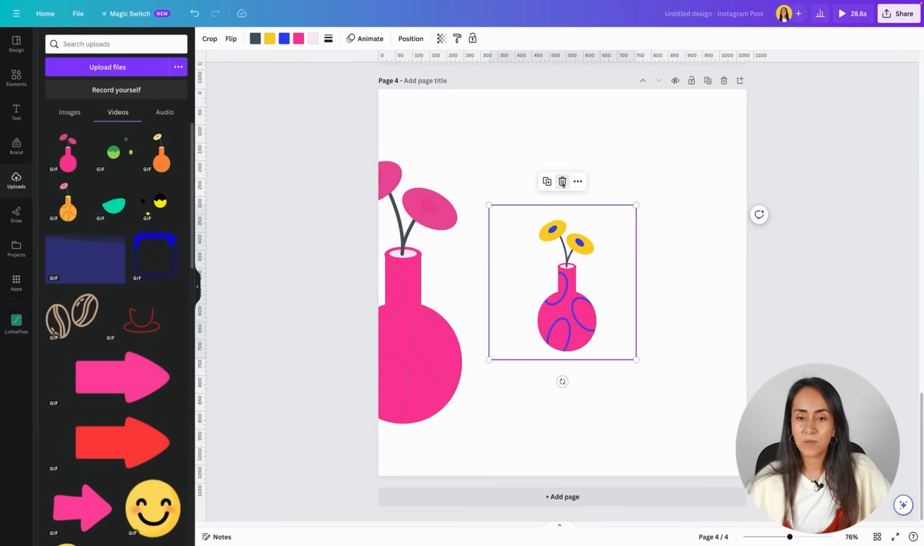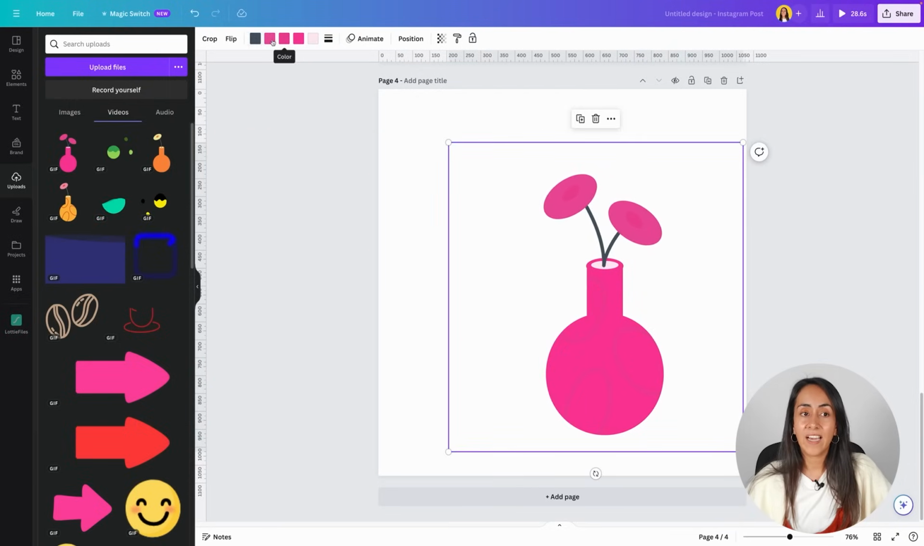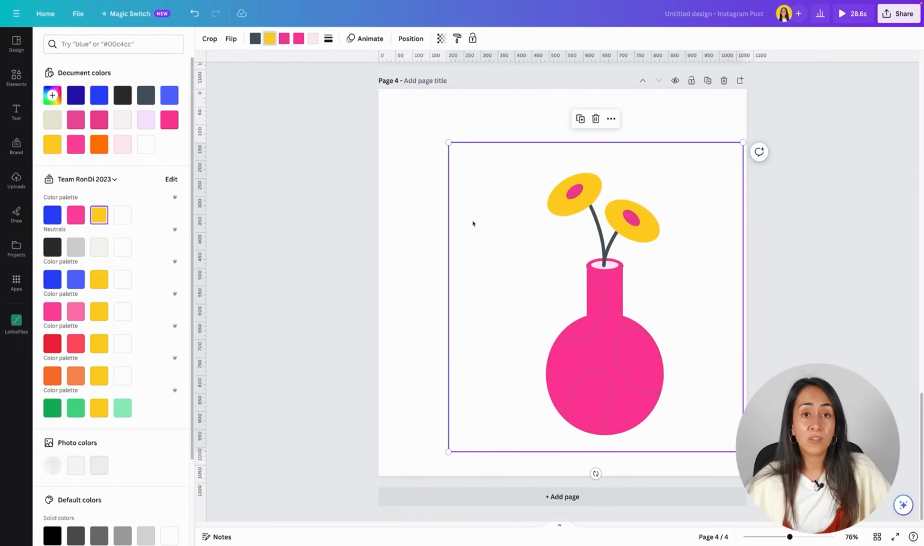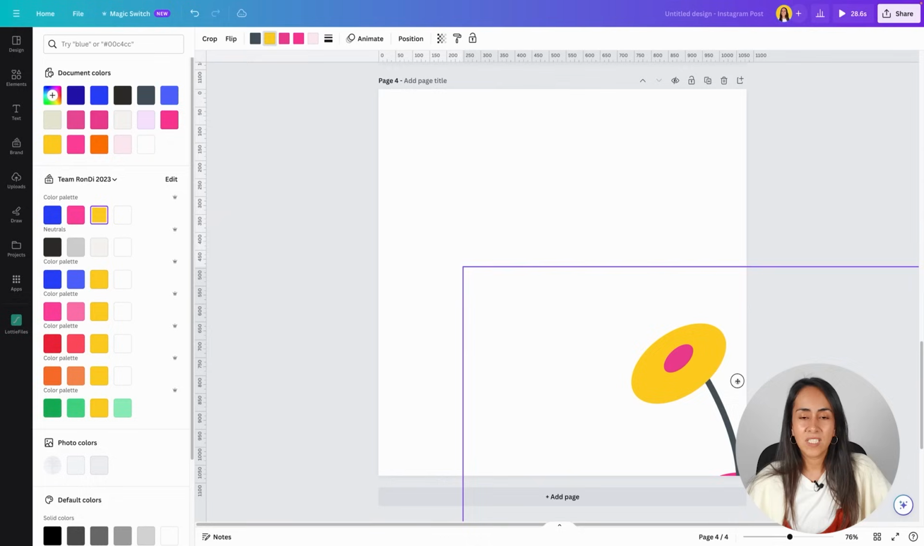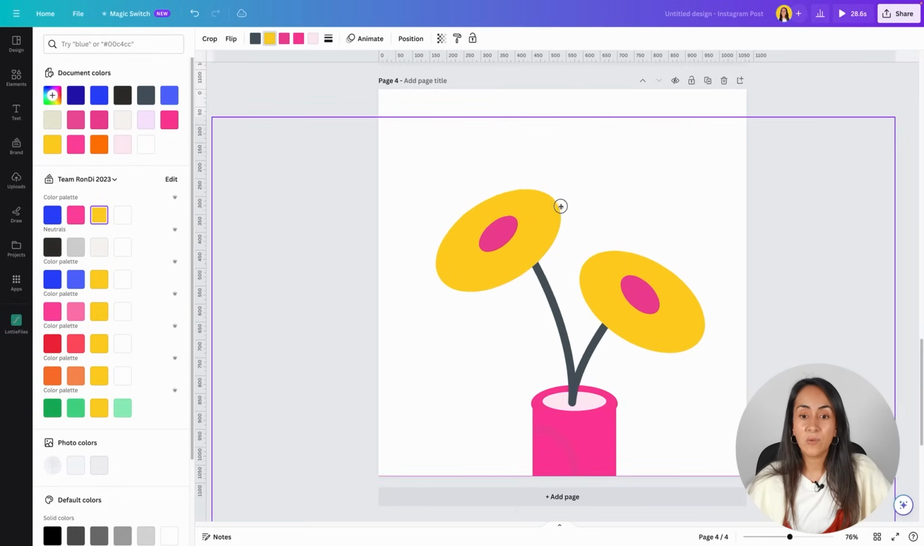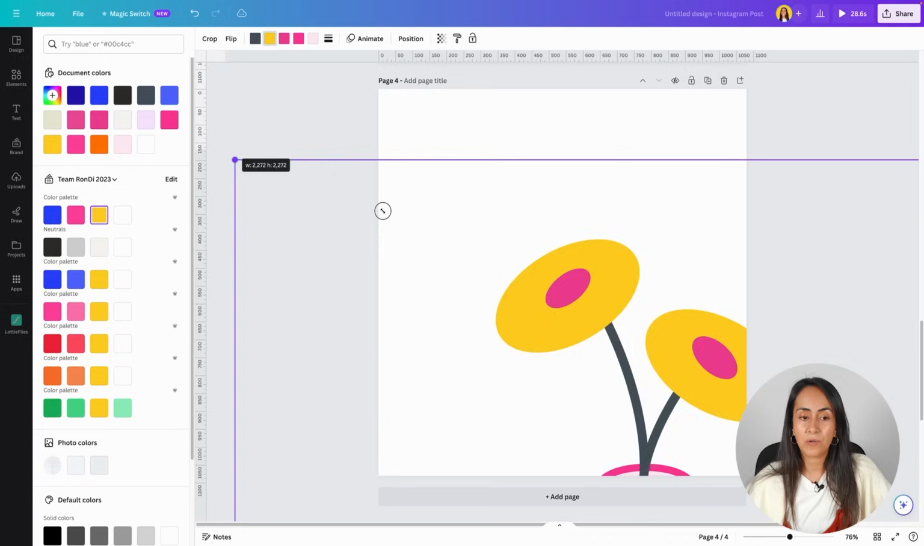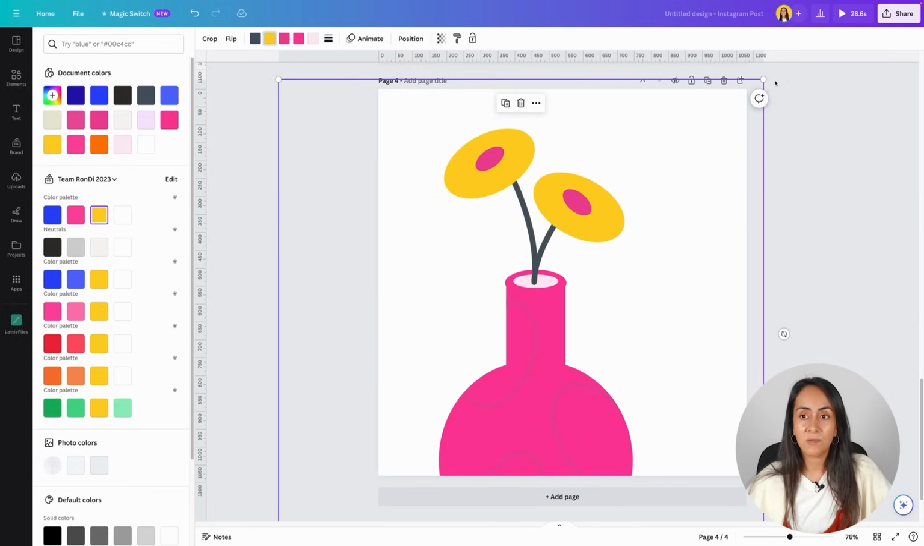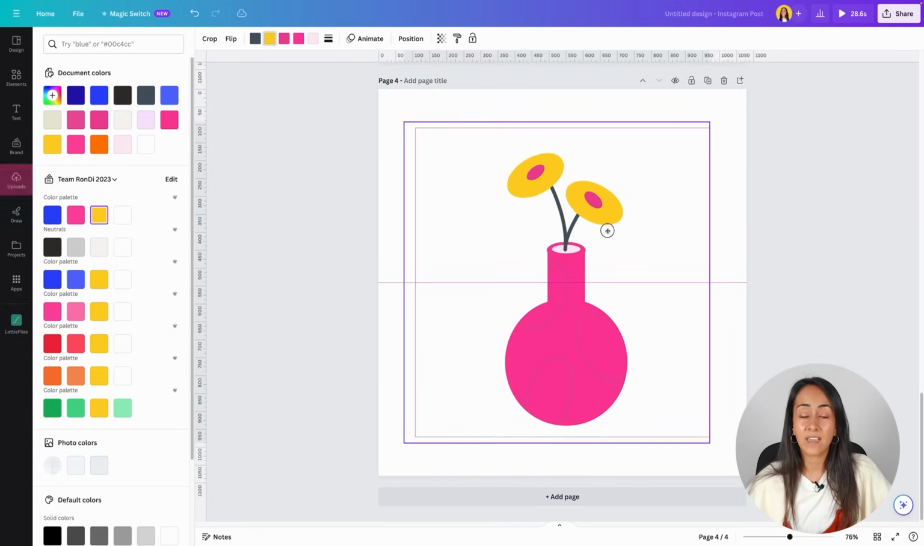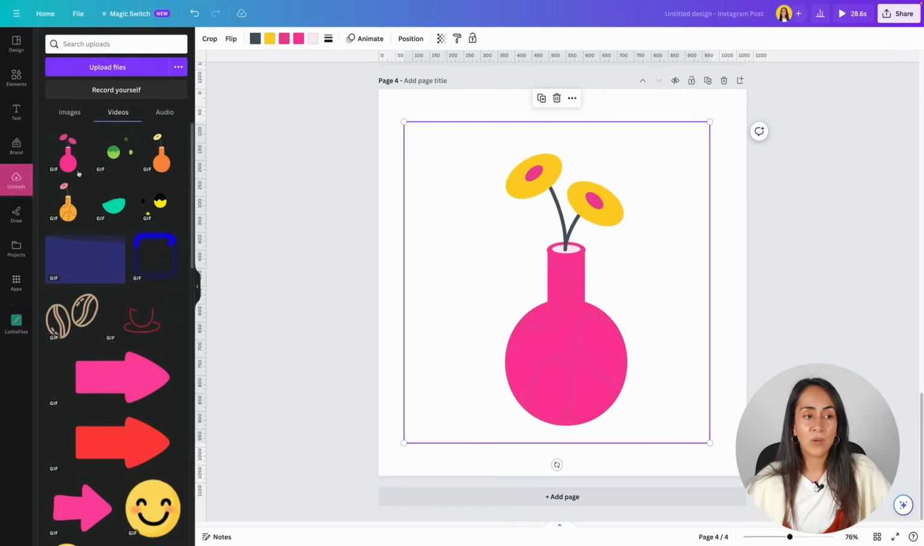Let me delete this one right here, and you will see that I will be able to change its colors as well and stretch it as much as I want, and it will still look very crisp, meaning that this one is still a Lottie file, even though when we go to uploads it will have the GIF label in here. Something else that I find interesting is that all the Lottie files that you use with this app will be saved here